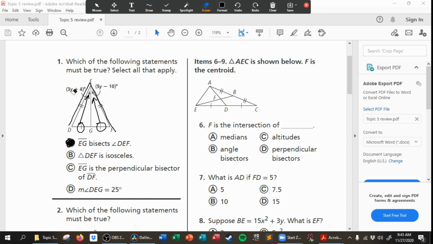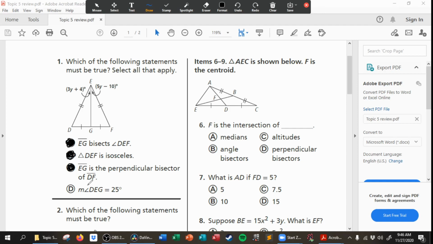Our second statement is triangle DEF is an isosceles triangle. Well, again, here's DEF. This is an isosceles triangle by those congruency marks. So we've got that as a yes. EG is the perpendicular bisector of DF. Well, we know that DEF is bisected by EG, and we know that DG and GF are congruent. So through theorem 5.1 and 5.2, 5.3, we would know that that is in fact perpendicular,